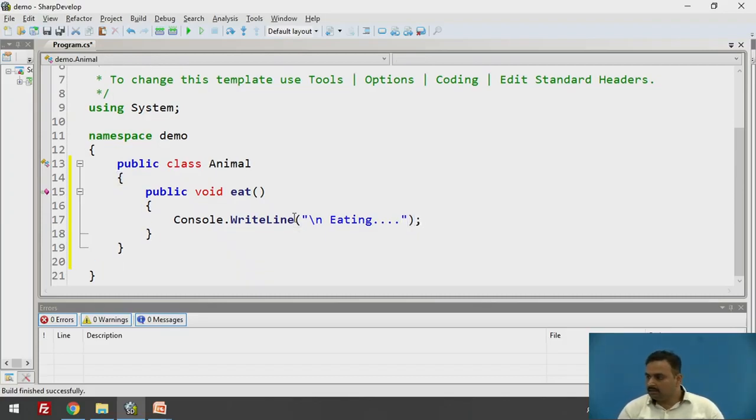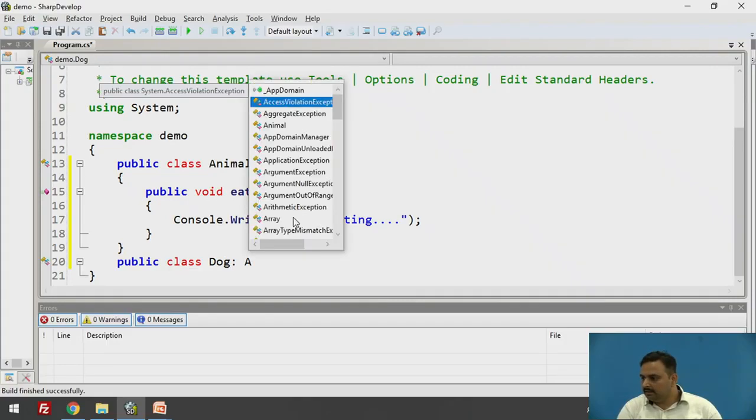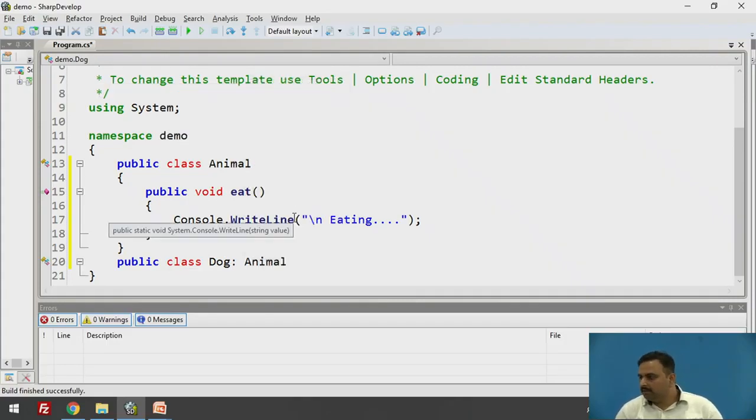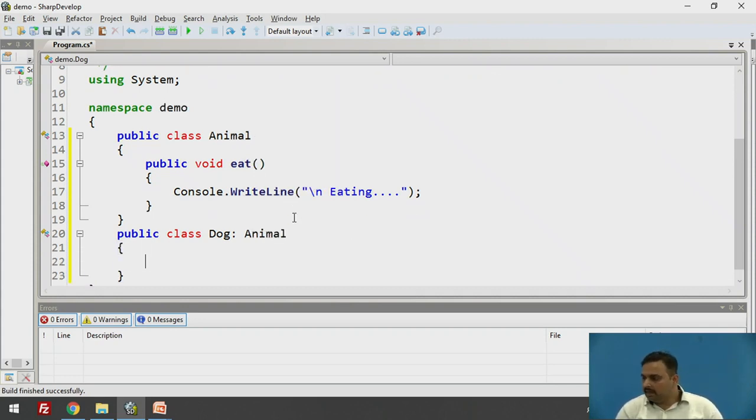After that I just want to add one more intermediate class here. Let's suppose any specific animal, let's say a dog, and it is inheriting the animal. So this is our intermediate class.